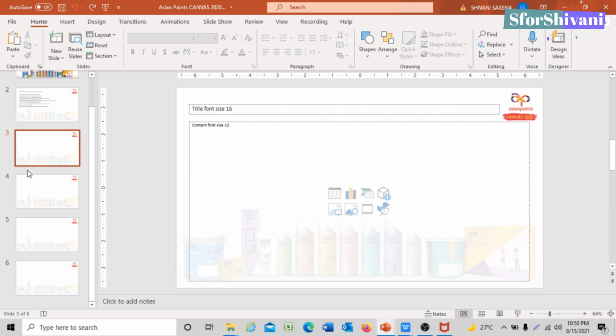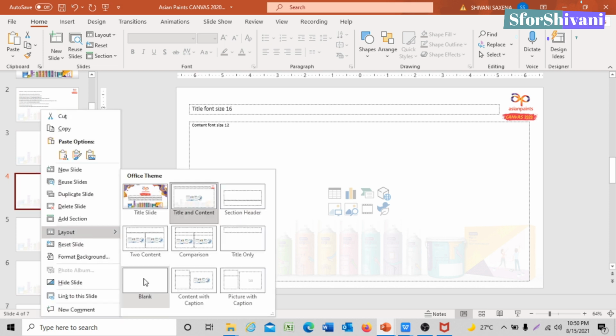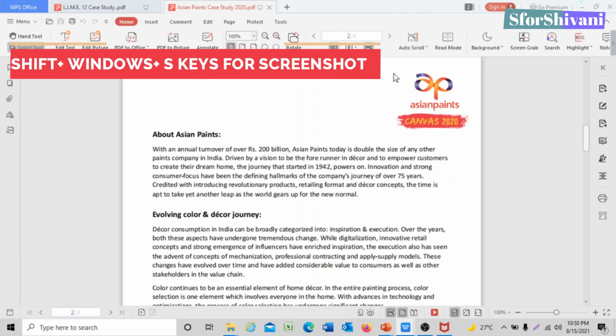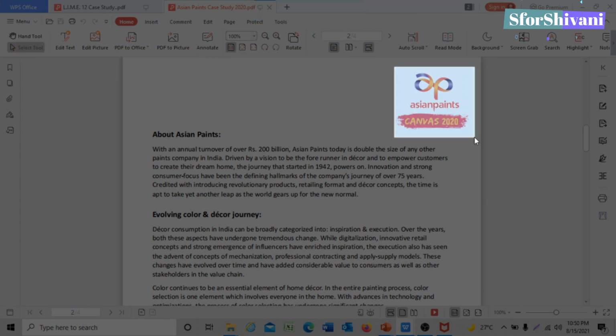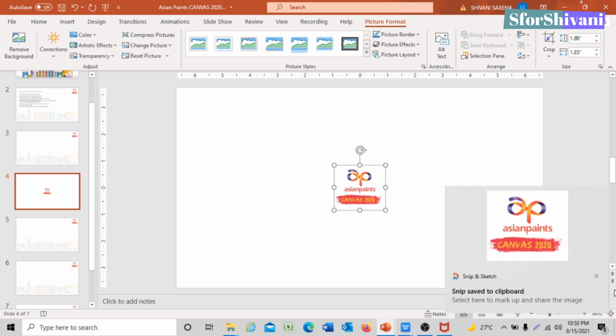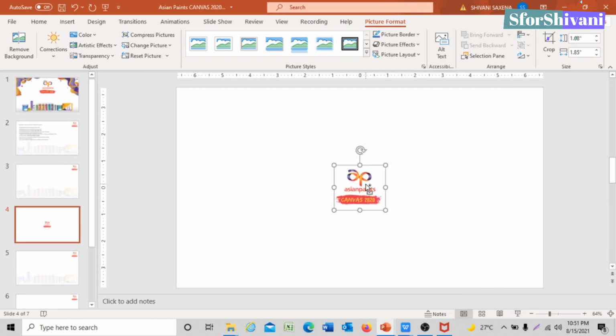So I'll tell you, let's say for the final round, how can you create the similar format on your own? So what you can do is just insert a new slide right now, and we'll go to the brief that was sent. We'll crop the logo out of it and we'll paste it. Now do the resizing as you want and wherever the logo you want to place it.